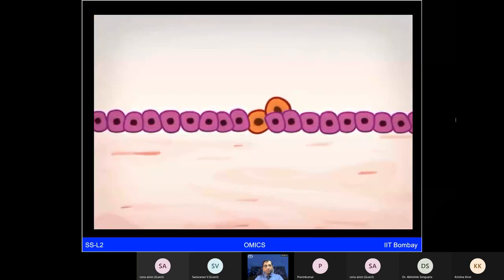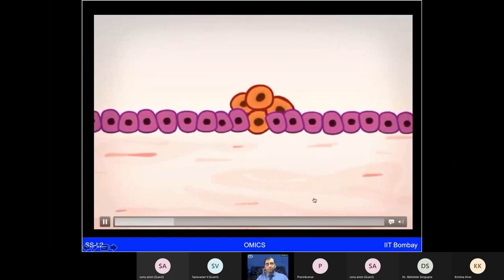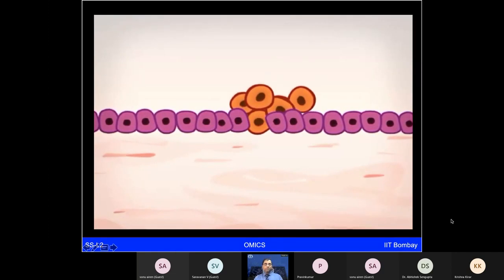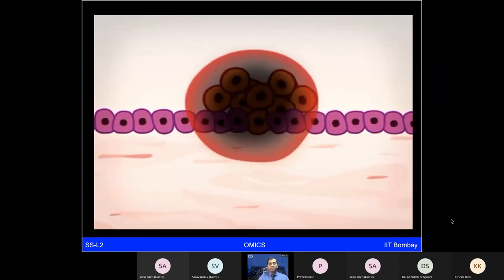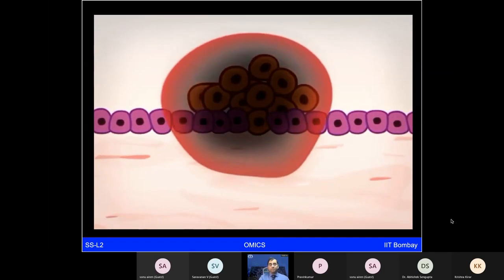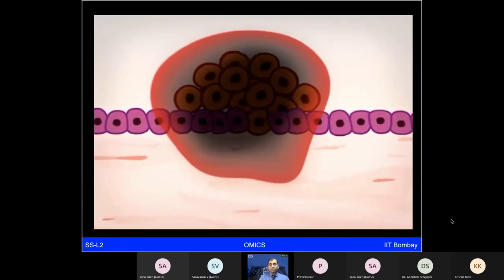It multiplies uncontrollably and takes on a life of its own. Each new cell produced contains the same defect. The cells proliferate chaotically and form a tumor. This process may be short, but is often long. 10 to 30 years may separate the birth of a first abnormal cell from the appearance of a tumor of